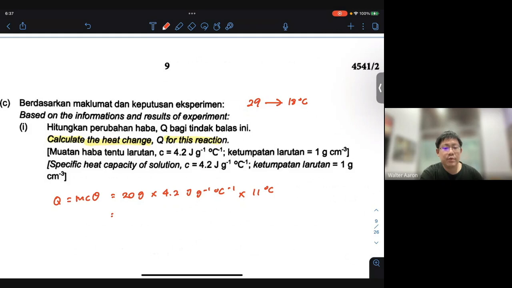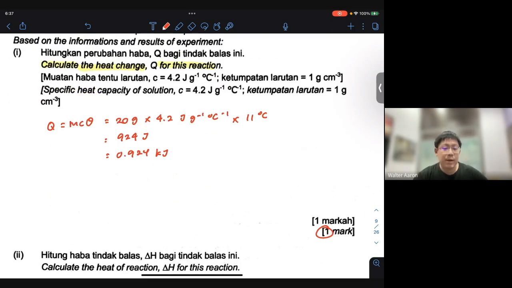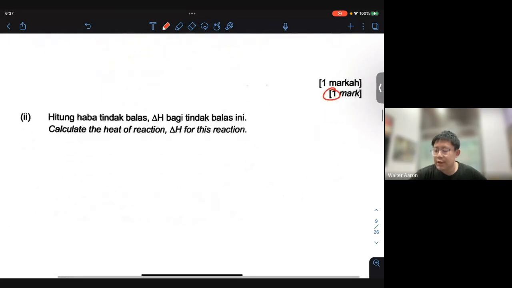If they calculate everything correctly, it will be 924 joules of energy. Then converting that to kilojoules, divide by 1,000. So you got 0.924 kilojoules of energy. Get all this correct, you can get 1 mark. Then using the information, we'll calculate the heat of the reaction, delta H, in this reaction. So the delta H will be